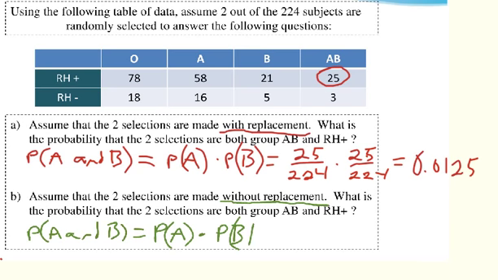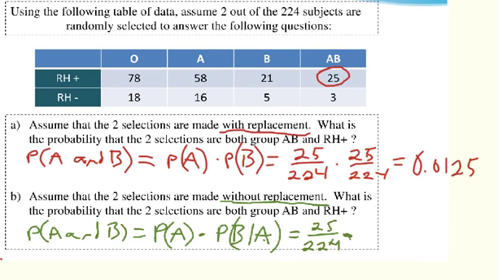So notationally, that is the probability of A times the probability of B given A. So we already calculated the probability that A occurs is 25 out of 224. The probability that B occurs given that A has already occurred,